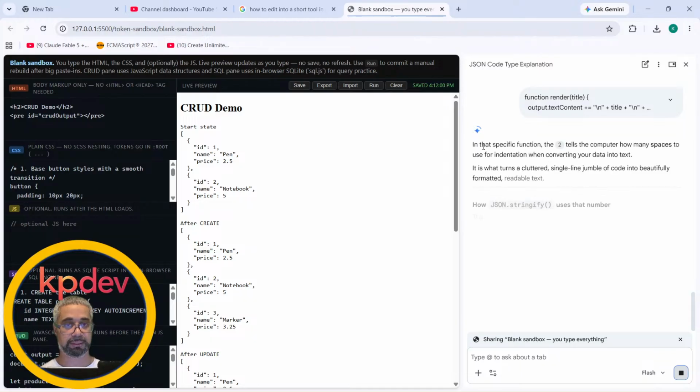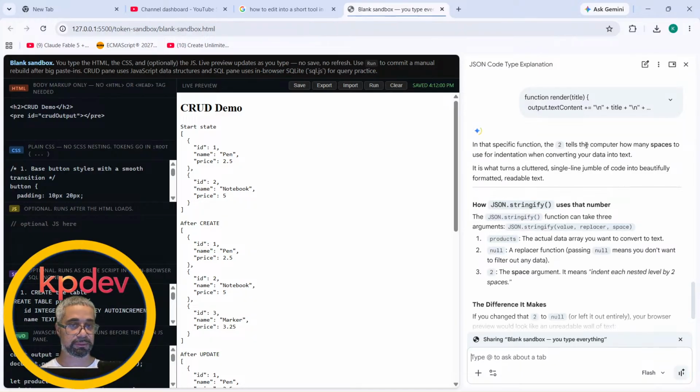He's taking a look and he says, in that specific function, the 2 tells the computer how many spaces to use for indentation when converting your data into text. So it is what turns a cluttered single line jumble of code into beautifully formatted readable text. Beautifully, huh? So how